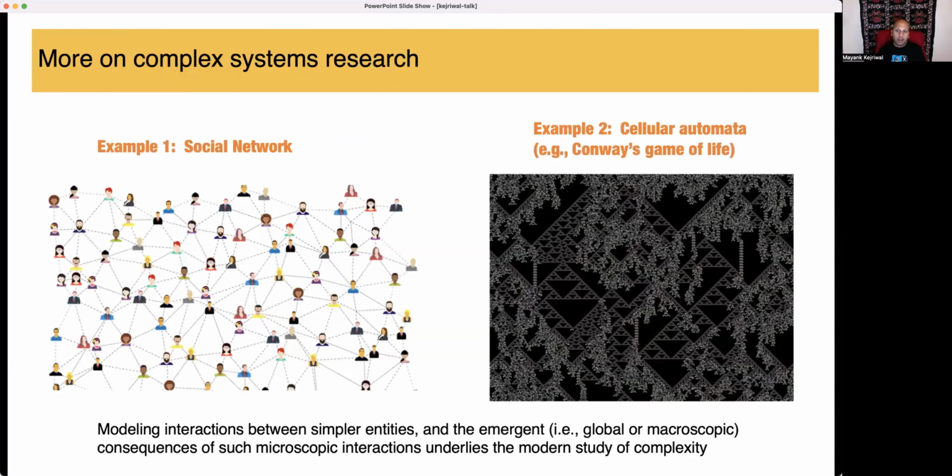And complex system research is something that I am very passionate about. So some of my students do work on this, where we really do believe that for studying interesting phenomena, we cannot just take the reductionist approach. We do need to model interactions between simpler entities, and there are emergent consequences of such microscopic interactions that you can only really start to map if you look at the interactions and the entities and the system as a whole. If you just study one entity at a time, these emergent consequences will not reveal themselves.